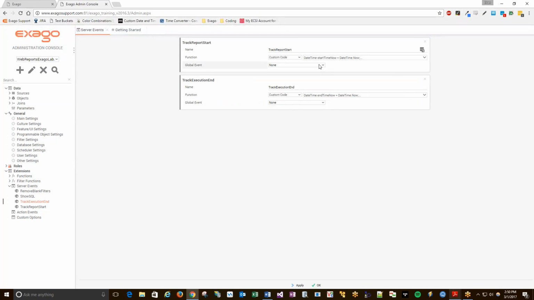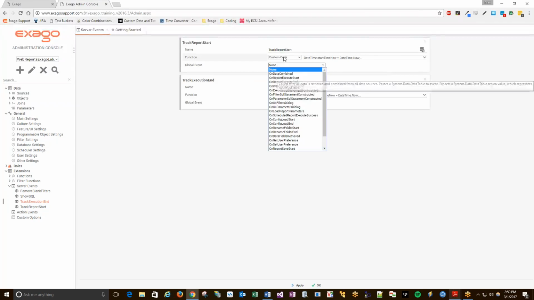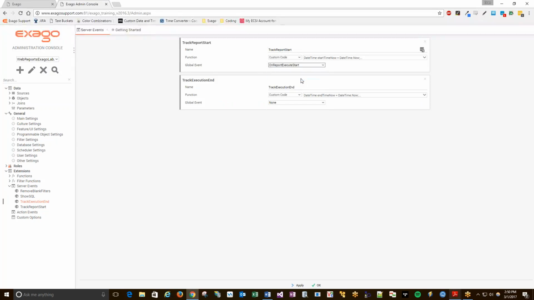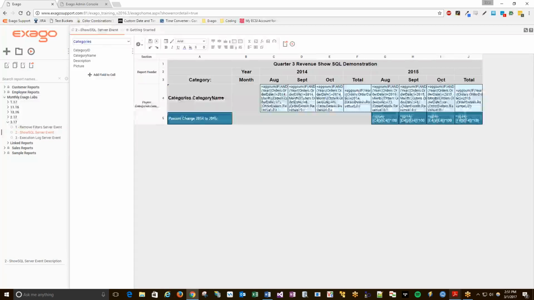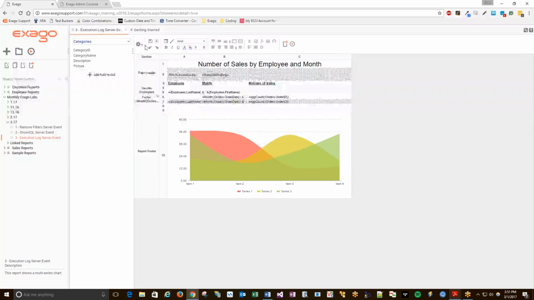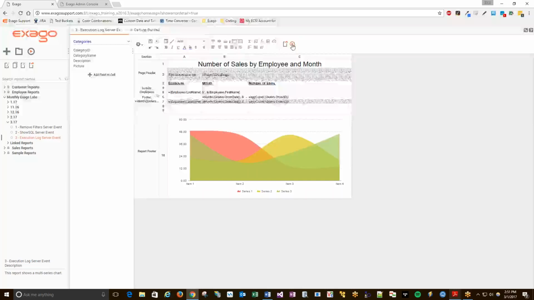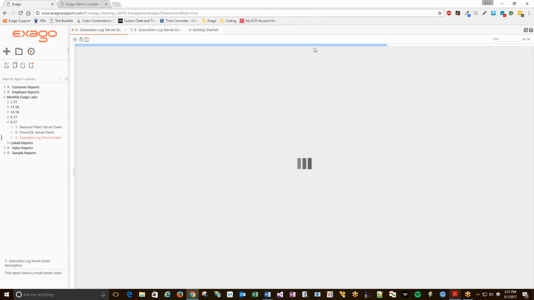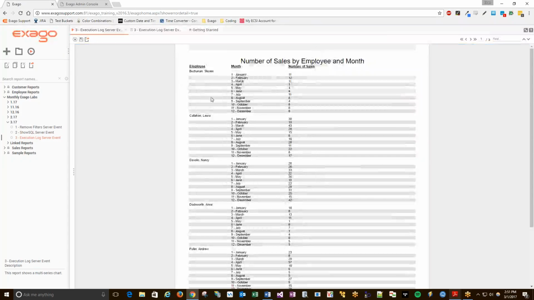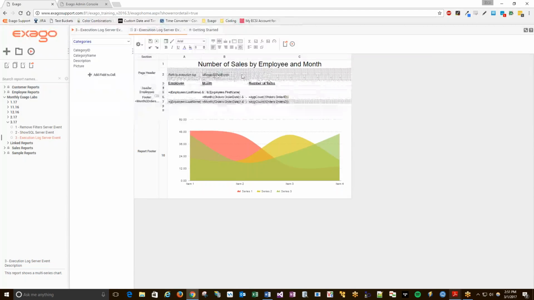So if I set these server events to run on the relevant methods, I want my track report start to run on onReportExecuteStart, and I want my track execution end to run on onReportExecuteEnd. Now what will occur is if I do an execution, so this report here, I just want to make sure I haven't added this redundantly to the report. Okay, great. So now when I run this report, the report runs as normal, but behind the scenes it's creating that log that contains the execution. So if I navigate to the path where I've stored my log,